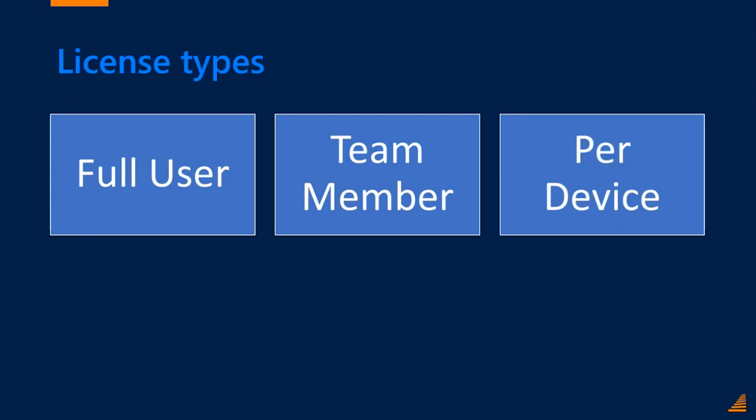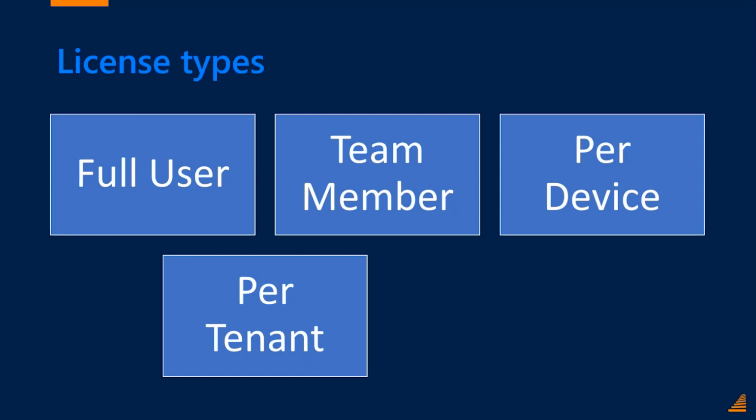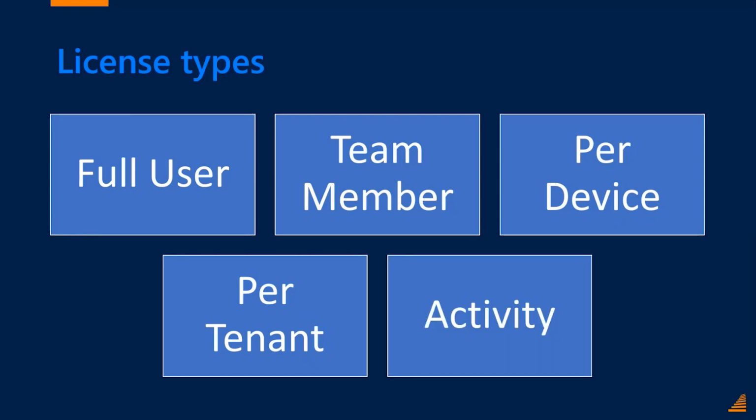There are team member licenses, which we'll look at. There are also per device licenses in some cases, per tenant licensing, for example, with marketing, and then also per activity licenses. So Dynamics 365, because of its nature, because of the things that it covers, the different business processes,